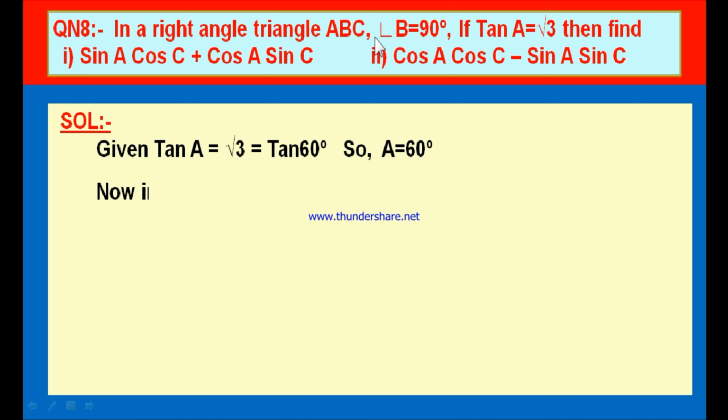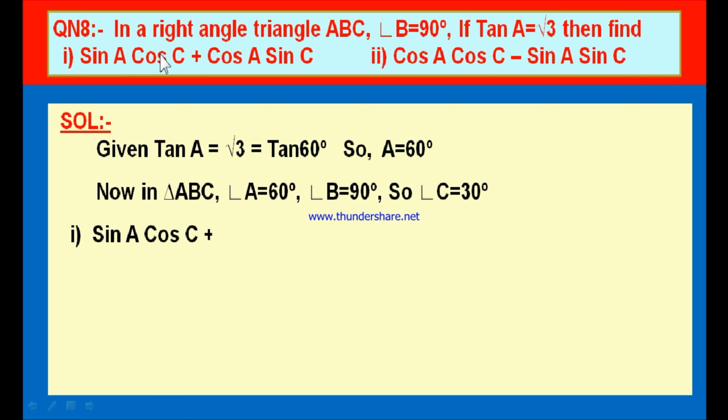Now, in this triangle ABC, we got angle A is equal to 60 degrees. Now, it is given that angle B is equal to 90 degrees. Then, let us find angle C value. We know that the sum of the three angles in any triangle is, good, 180 degrees. Angle A 60, angle B 90. If you add these two, you will get 150. Now, what is to be added to 150 to make 180? Good, 30 degrees. Therefore, angle C should be 30 degrees. Okay. Now, we got all the three angles, angle A, angle B and angle C.